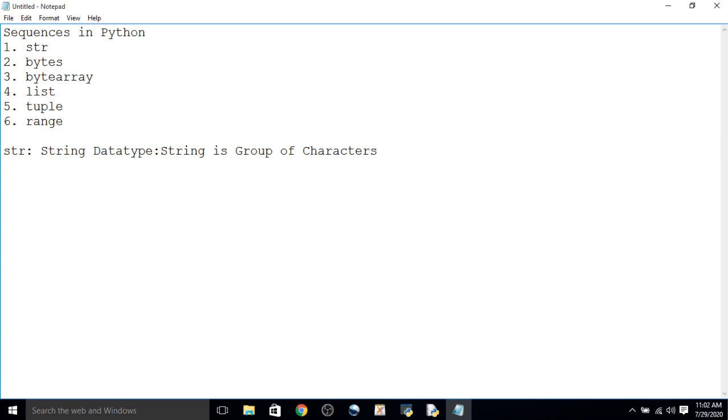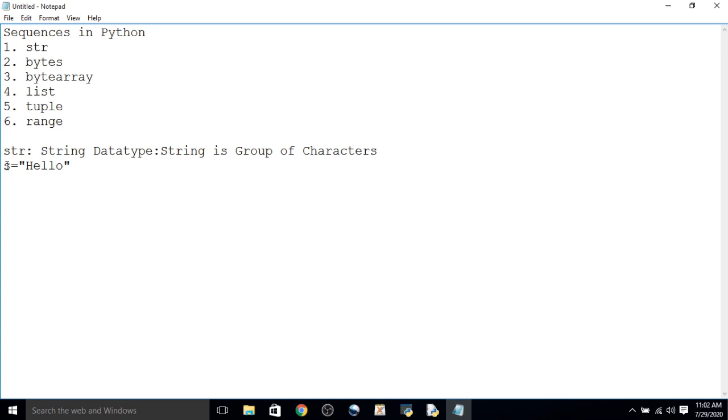Strings are enclosed in single quotes or double quotes. Both are valid. If you want to declare a string, suppose s equal to hello, so here hello is a string, and s is a variable of string type.